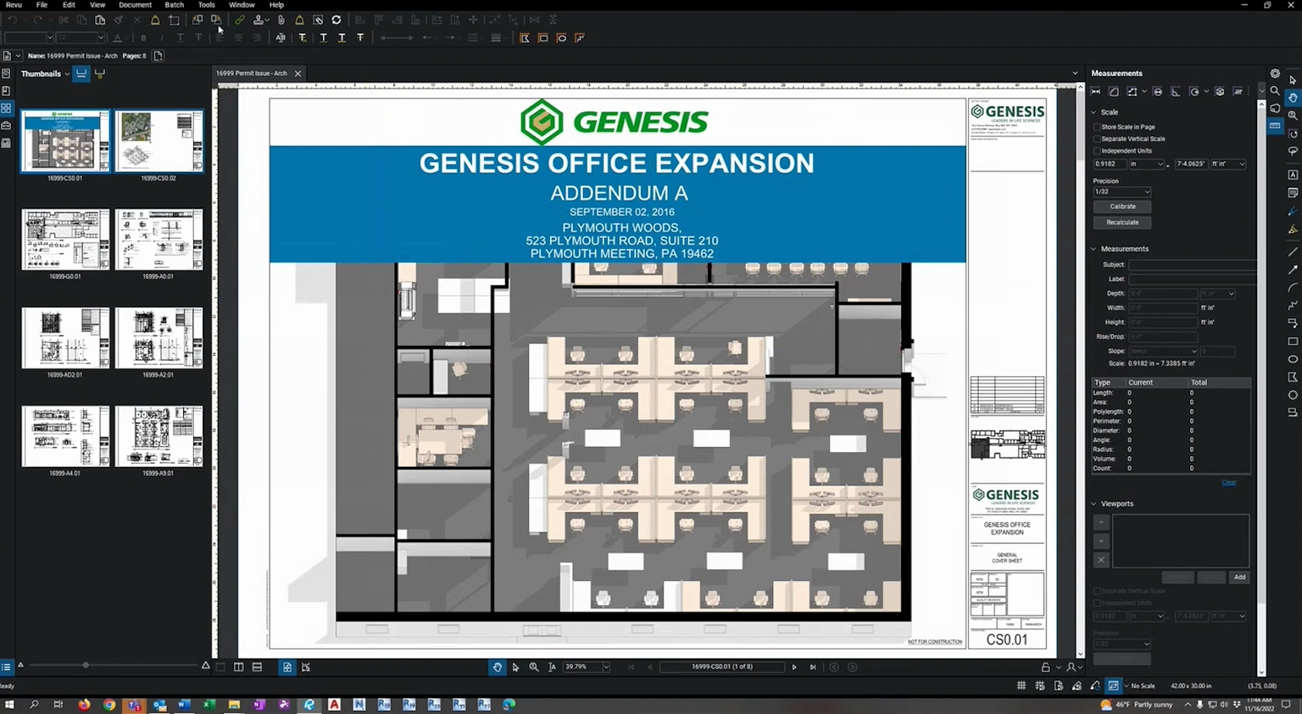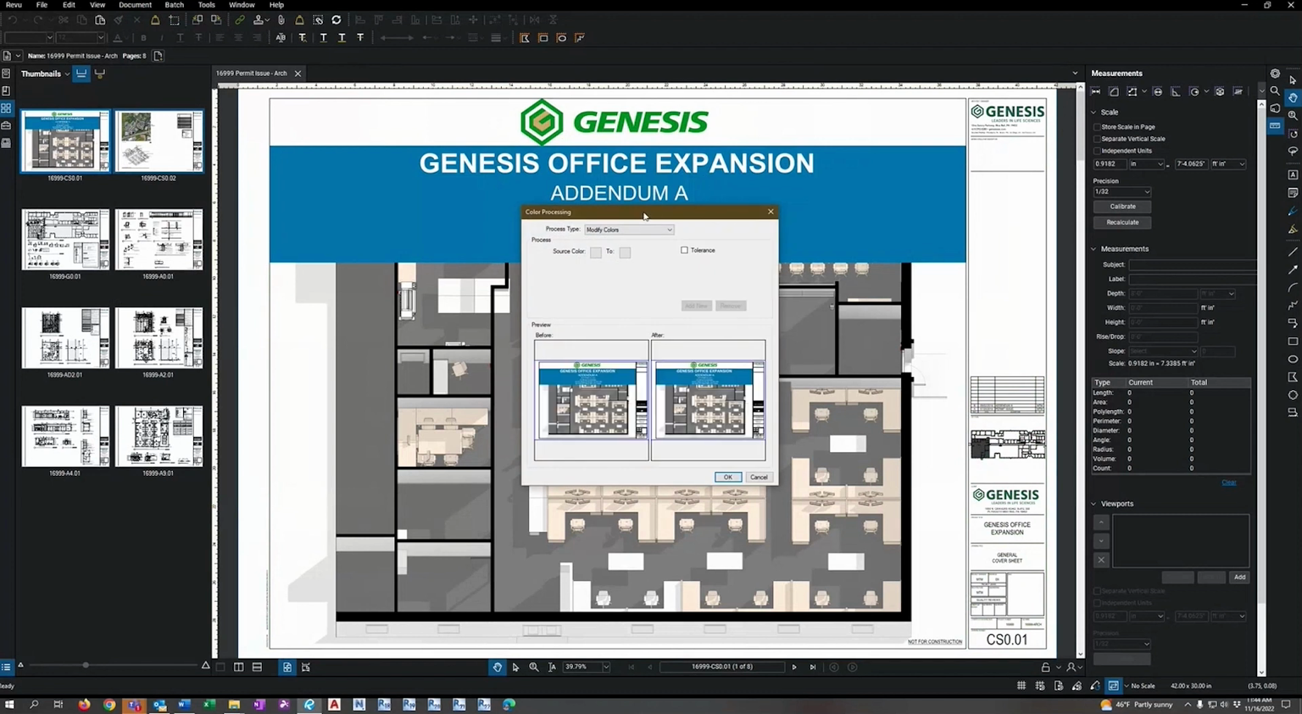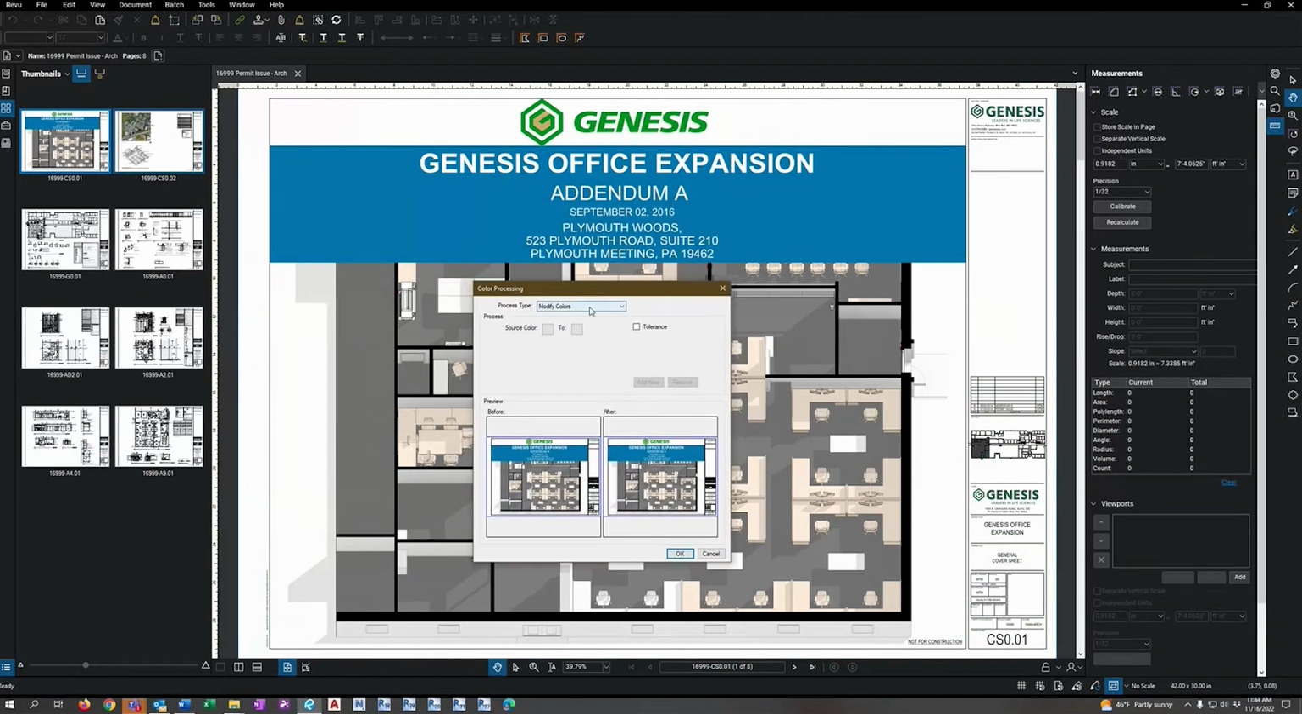Speaking of colors, there's another miscellaneous tool here called color processing. And color processing, it lets you modify colors in a PDF. It lets you change them to grayscale or black and white. It even lets you colorize ones. I find that to be a little bit sketchy, but this is really useful if something gets PDF'd, say from